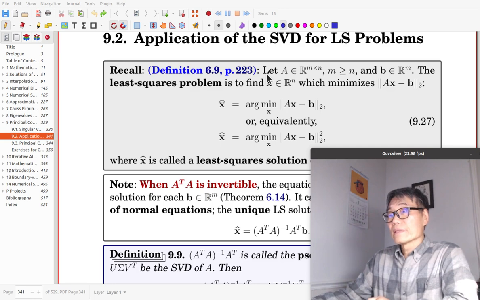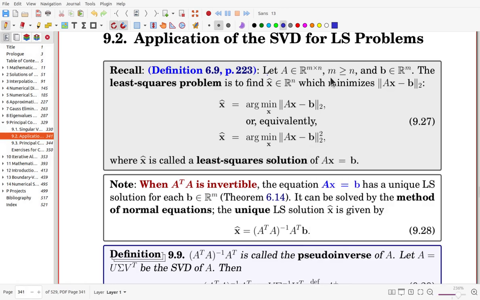A is an m by n matrix. M is larger than or equal to n. B is a vector in Rm. Then the least squares problem is to find x hat in Rn, which minimizes the L2 norm of the difference. So x hat is the minimizer of the